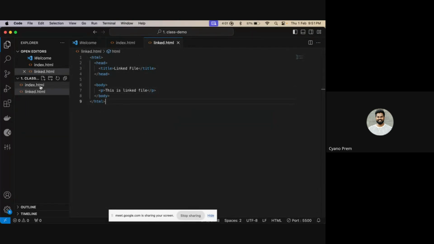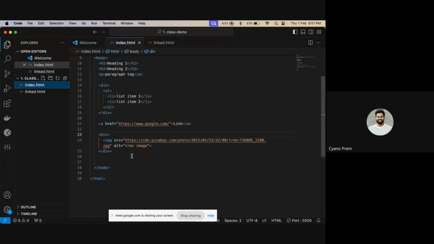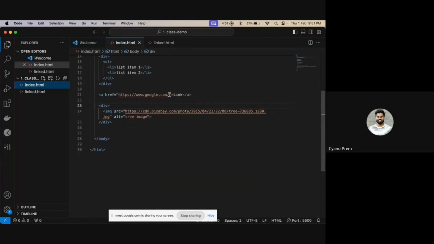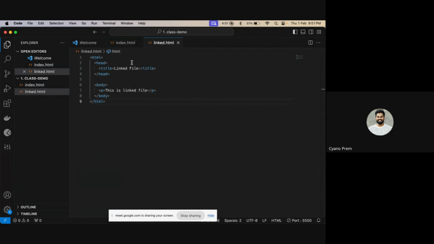Now I have two files. One is the index.html file and the second one is link.html. Now what I can do is, instead of linking my site to google.com, I'll just link it to link.html. So whenever I click on the link on my browser, it will open the link.html file. This file is also in my local only, inside my project.